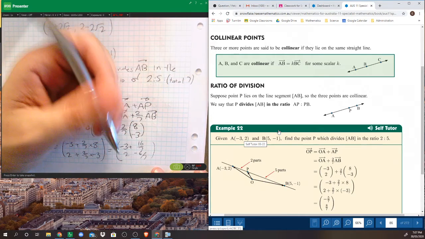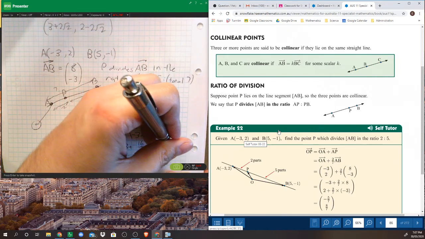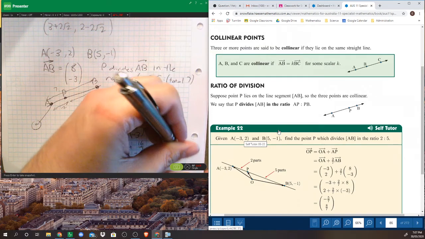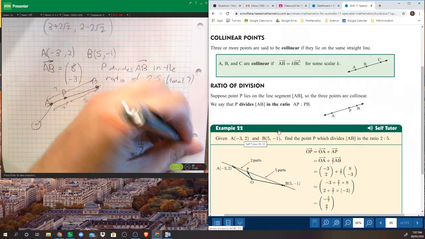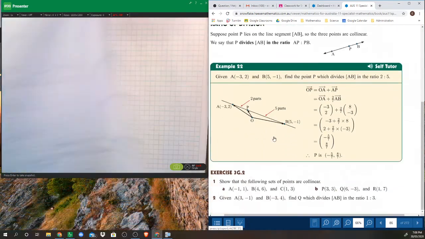And if you condense that down, I'm just going to look at that and just do the answer. So -5 on 7 and 8 on 7. There you go. Yep, that's how you do it. All right, so